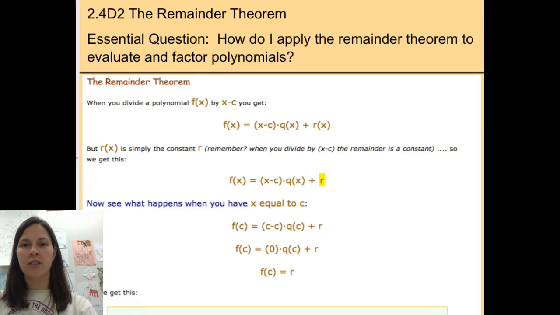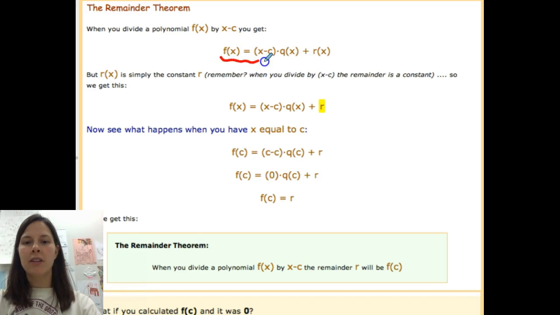The next part of our division section is learning about what's called the remainder theorem. Now, if you take a look at this, it's pretty wordy, but let me walk you through it. The first part of it here is simply setting up what division looks like. So if we are dividing by a binomial, in this case x minus c,